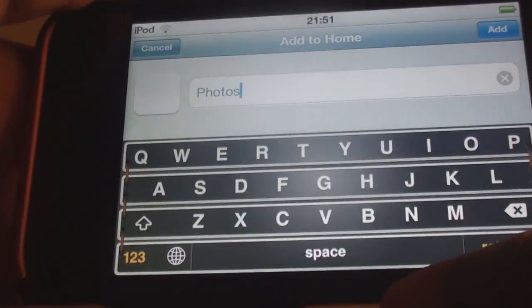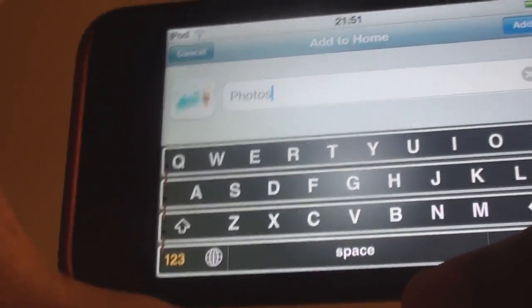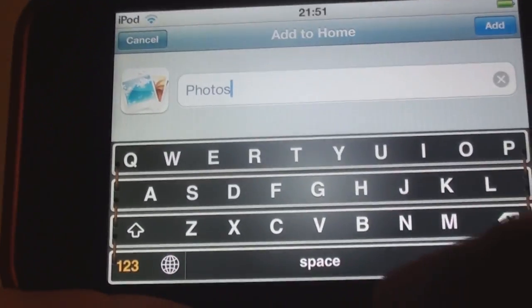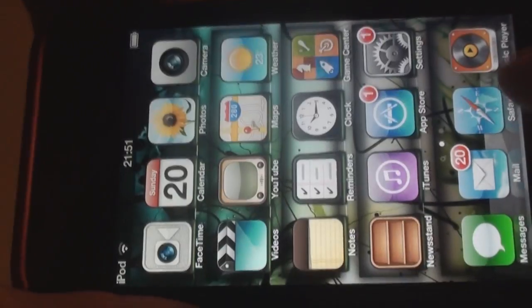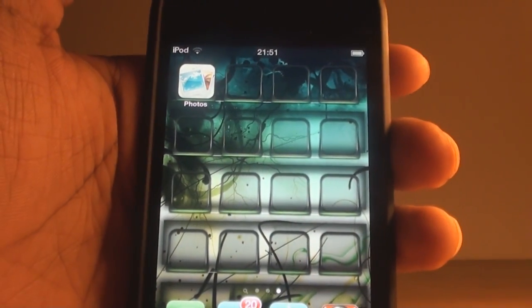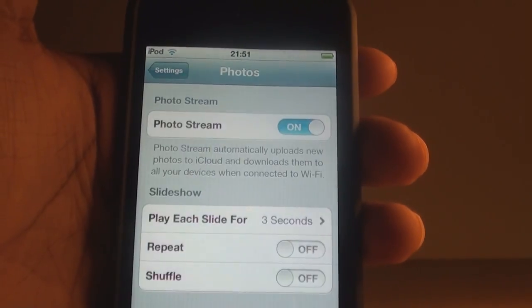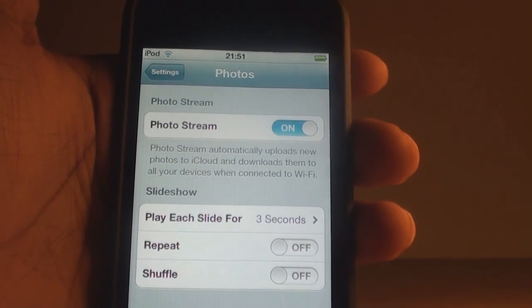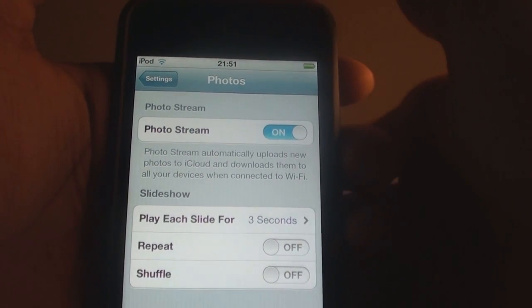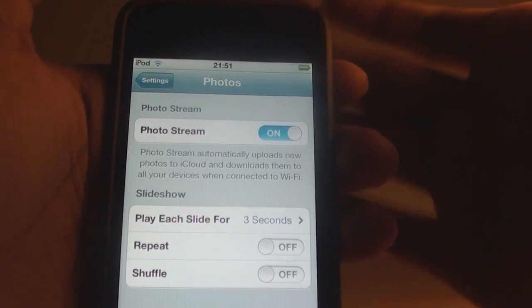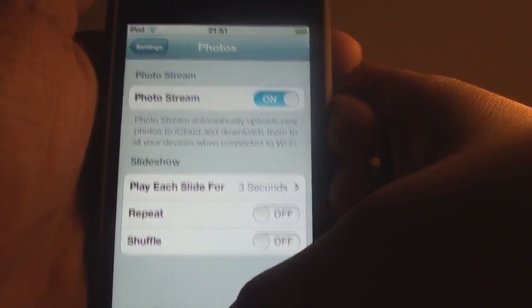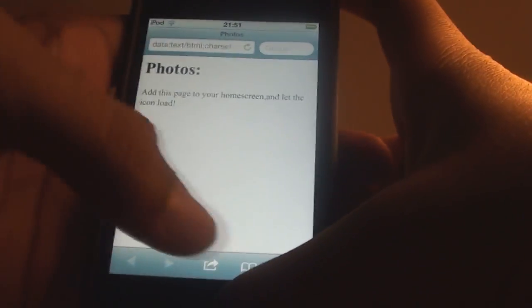So I'll just wait for the icon to load here. It'll take some time, and there you can see that an icon is added. I'll press add, and boom, it's added to the home screen. Now wonder what this does. I'll just press it, and there you go. So it opens photos in settings. So you don't have to go to settings and then photos and select the options and all that stuff. I'll do 2 more. So I'll just go back,